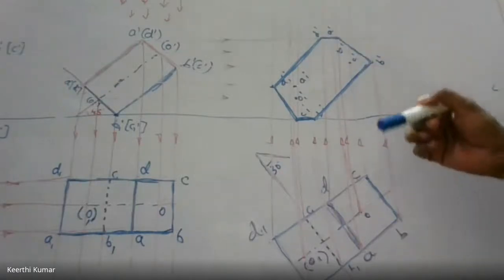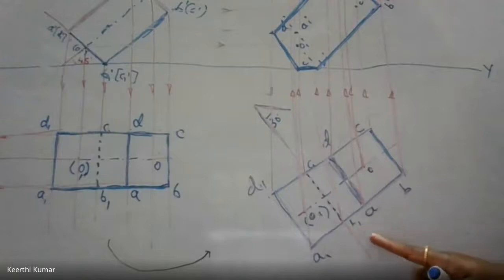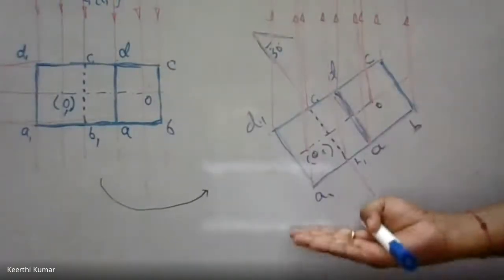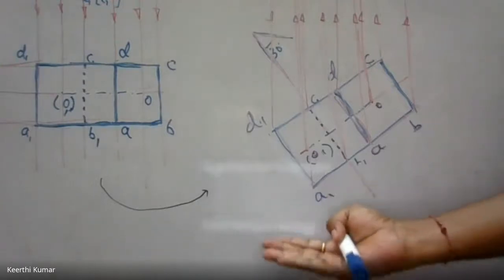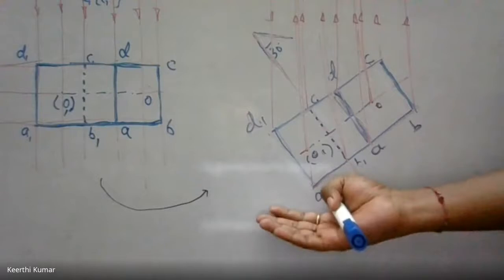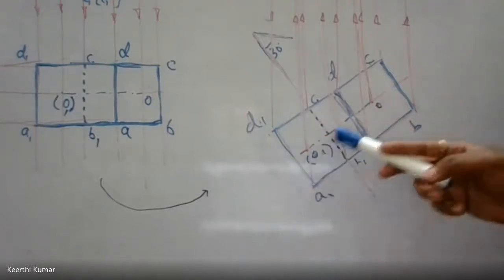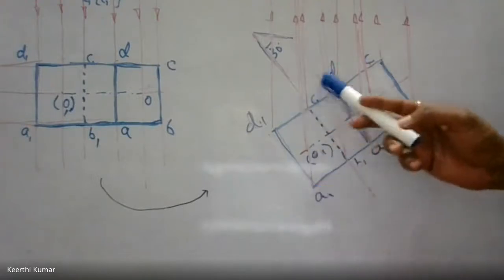But my doubt is whether I'm supposed to connect with a visible line or hidden lines. Check out now how to do that procedure. You have to observe this figure from the base. If I see from the base, there are two faces: A1, B1, C1, D1, and A, B, C, D.